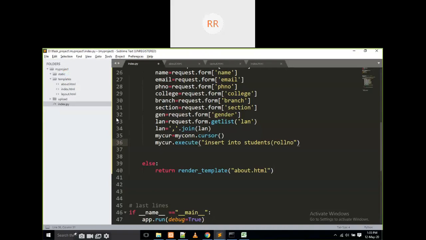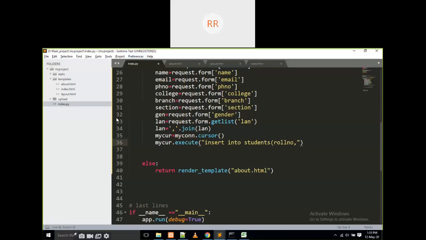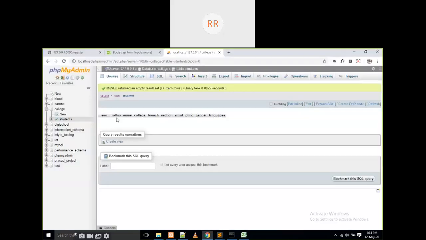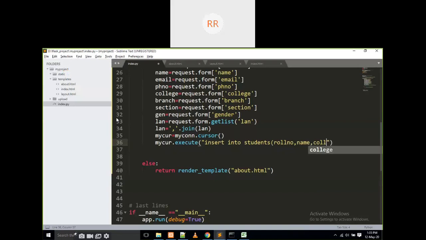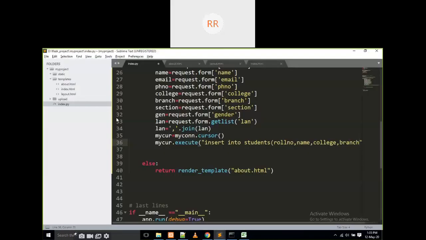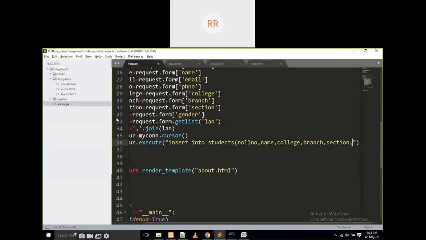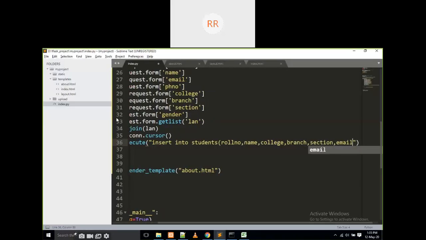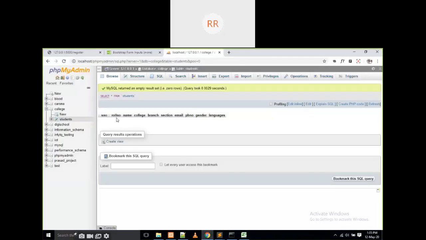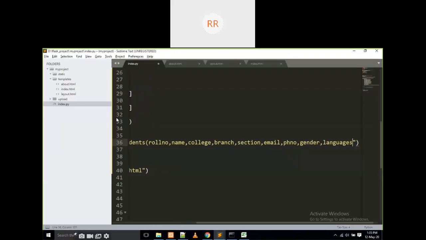roll number, comma, name, comma, college, comma, branch, comma, section, comma, email, comma, phone number, comma, gender, comma, and so on.